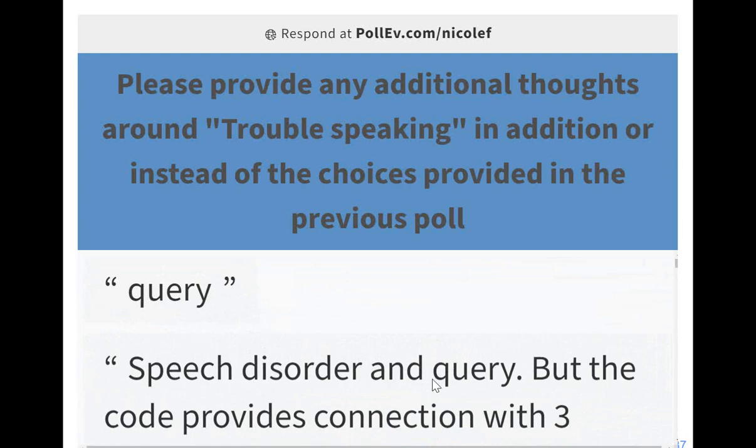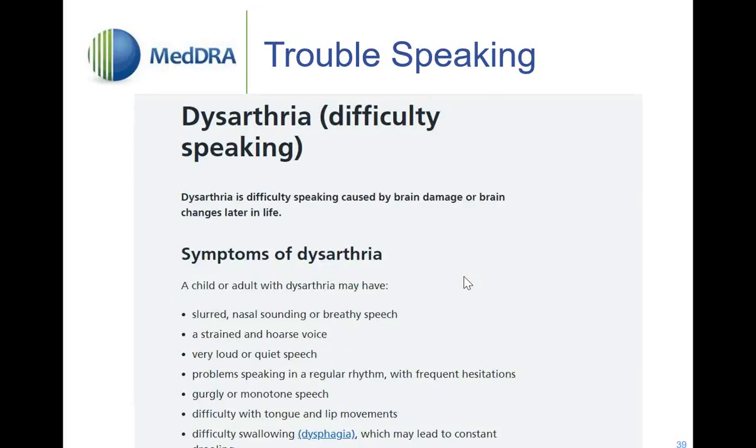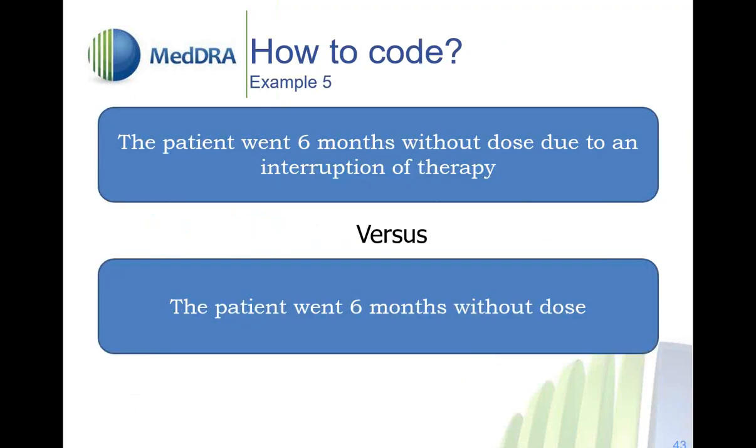But again, that's why it's important to have an internal coding convention and see how you would handle it. And that's one of the reasons in MedDRA that we have various disorder terms, quote unquote, because when you don't know more details or the specificity of what type of disorder, we have general, various anatomical site or organ-specific disorder terms for that purpose. Okay, great. It looks like we got some secondary responses here, which is always great as well. So with that being said, we will get to our next example.